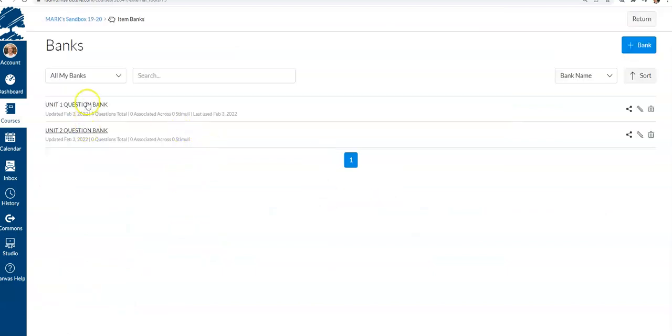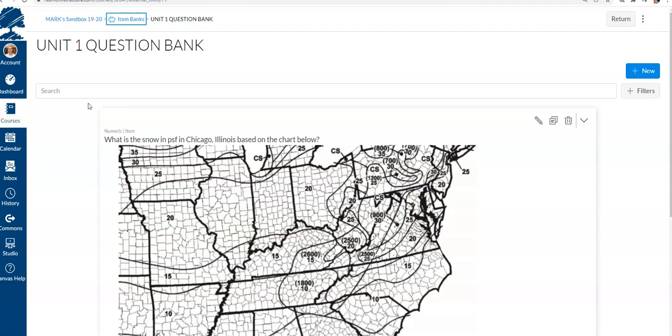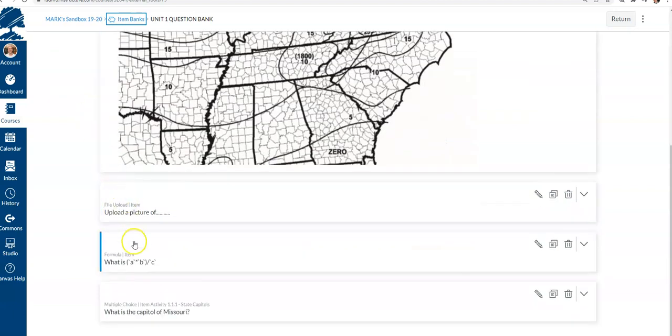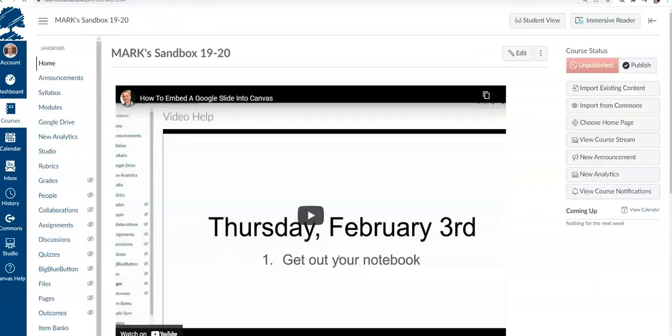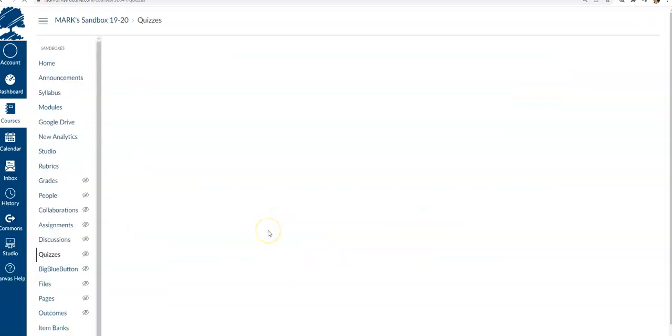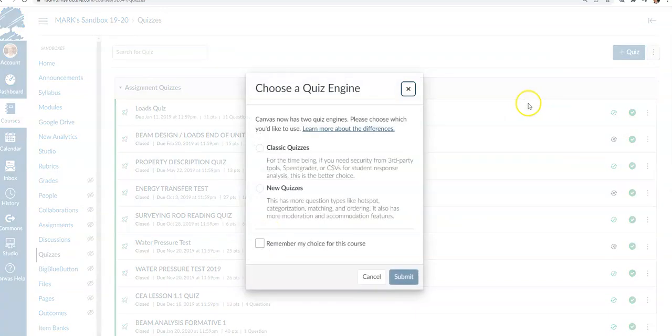In previous videos we've created two separate item banks, and within the Unit 1 question bank we created a numeric question, a file upload question, a formula question, and a multiple choice question. I'm going to show you how to create different types of quizzes from that. So I'm going to go to quizzes on the left-hand side, and when it loads, go to plus quiz, and where it says classic quizzes or new quizzes,